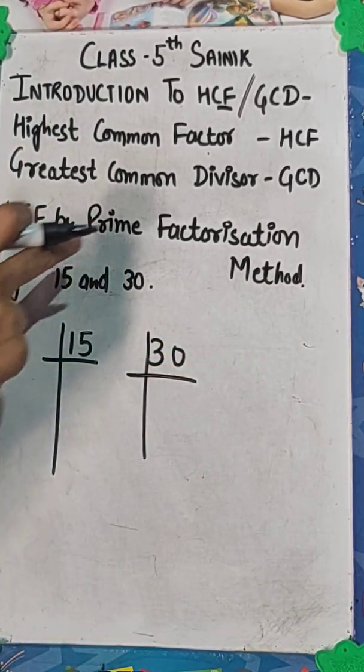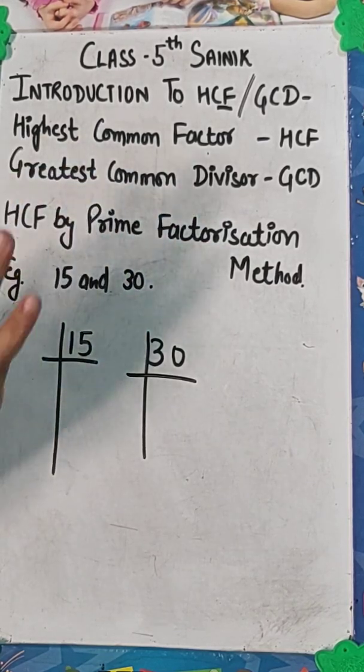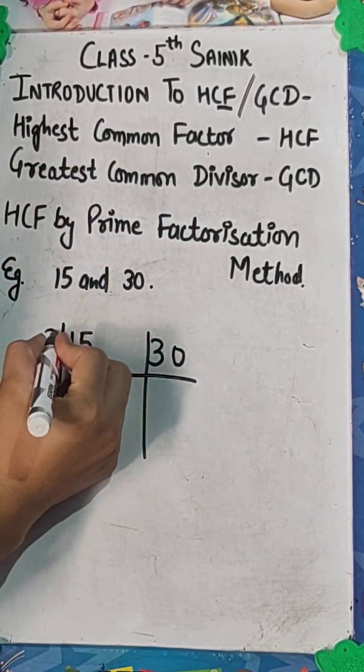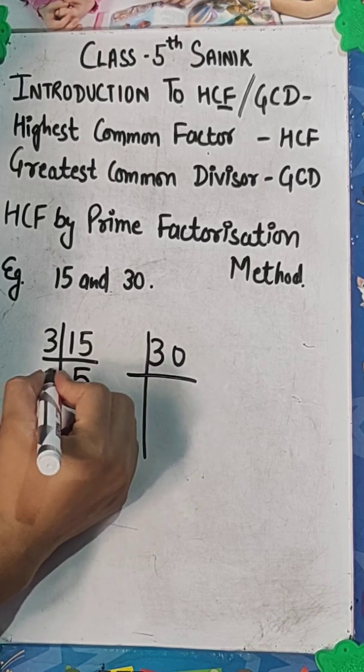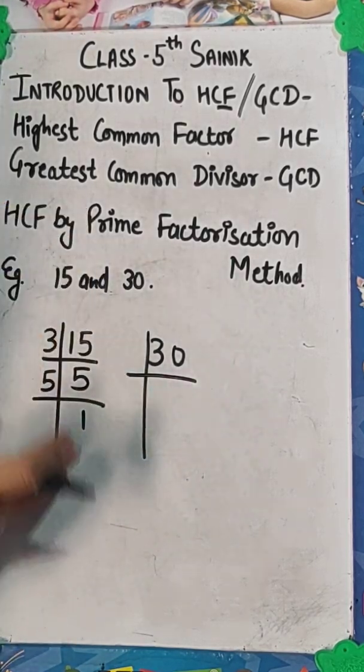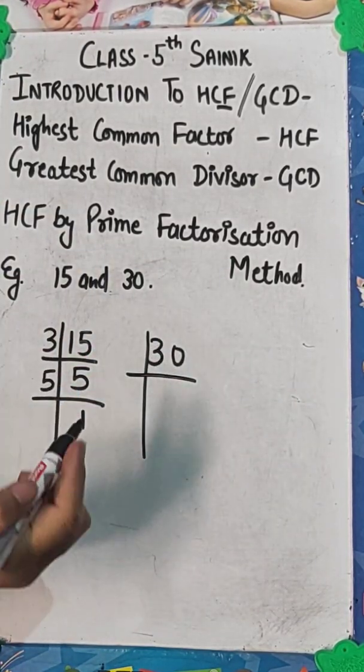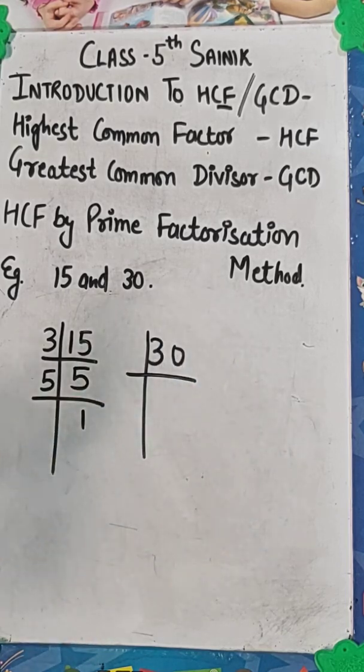Okay, as the name suggests, prime factors means we have to take prime numbers only. It goes on 3. What will we get? We will get 5 here. Now what will we get? We will get 1 here. Now as you can see that the last digit is 0. Whenever the last digit is 0, the number is divisible by 2 or by 10 or by 5.